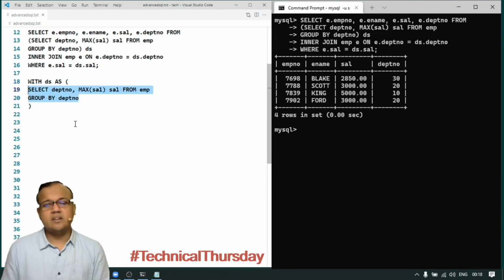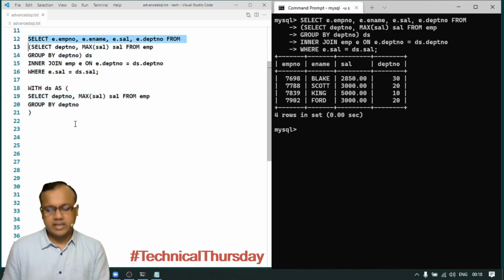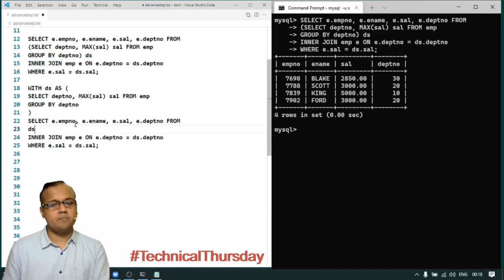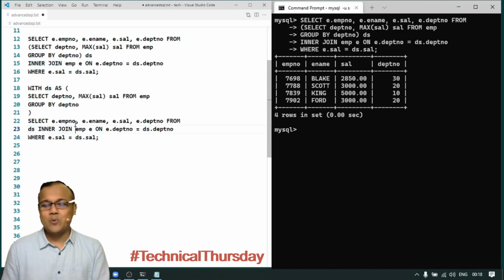Once I have done that, it will be very easy to write a regular select query with a join. So this is my regular join, and I'm trying to join DS with the employee table. I can simply join DS with employee on department number and get all those employees whose salary is equal to the department's maximum salary.